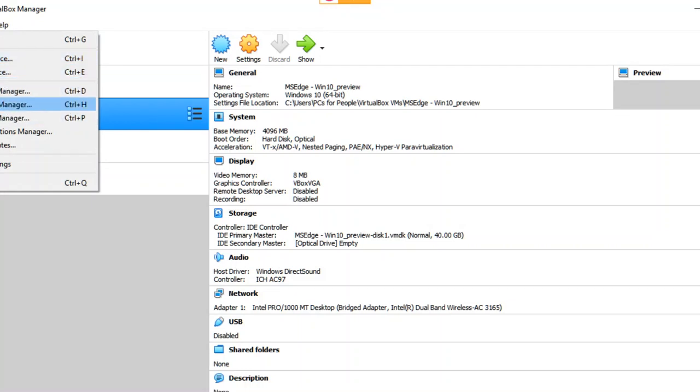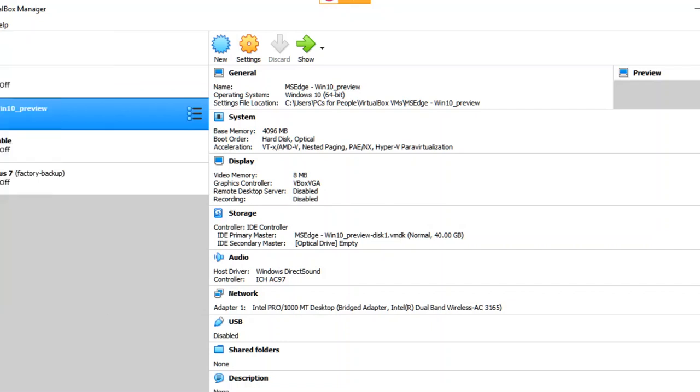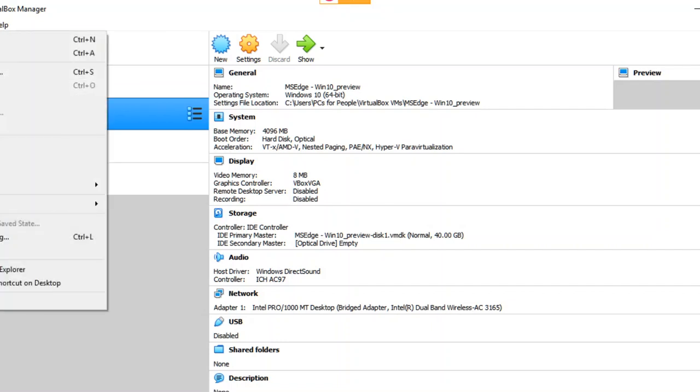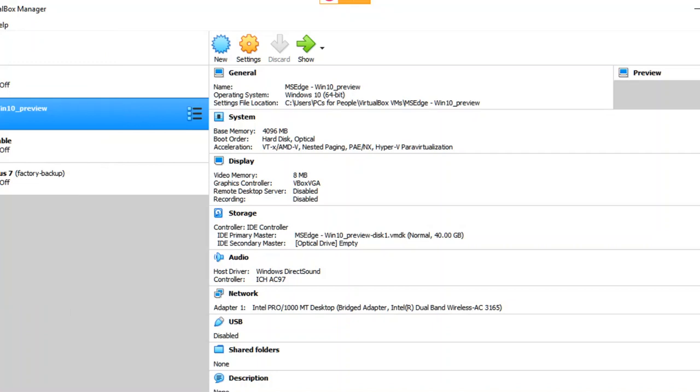It has different stuff. When you scroll down, you see it has, you can check for updates. You can import appliance. You can actually add new machines, like here. You can add a new machine, but make sure you have the ISO for the machine. Like for instance, if we want to add a new machine and we go here,